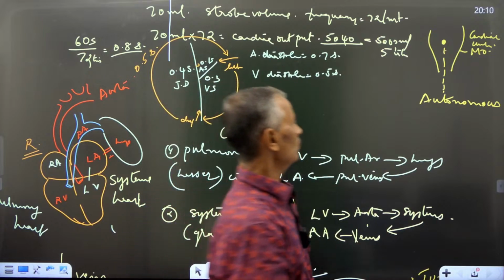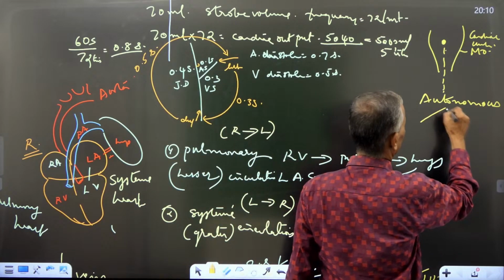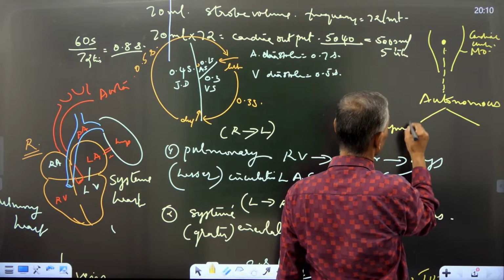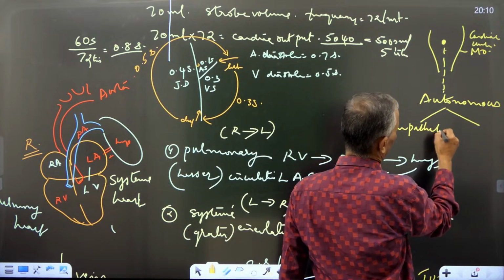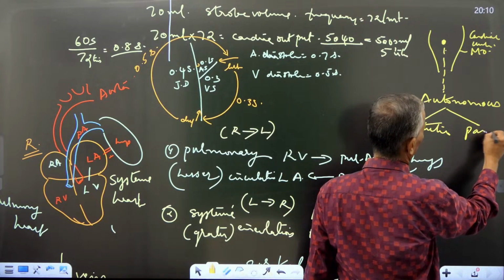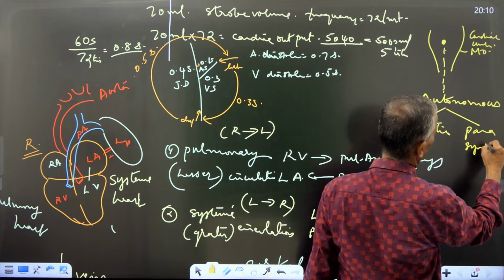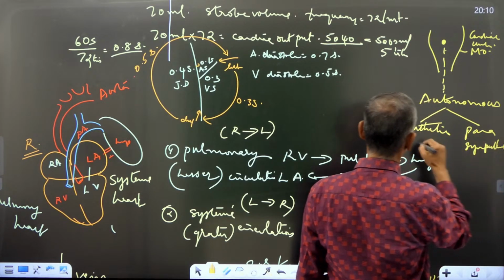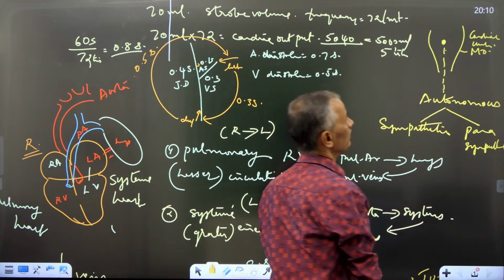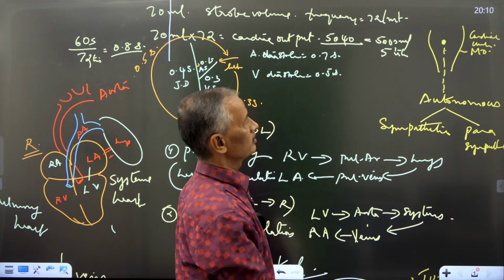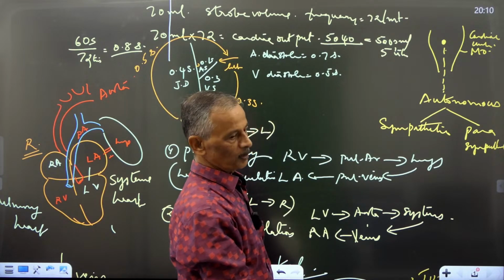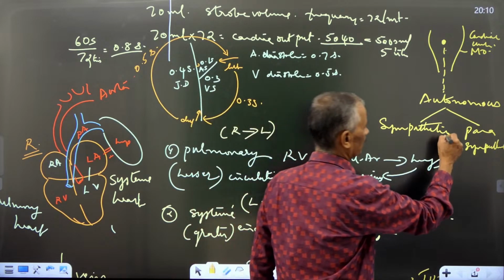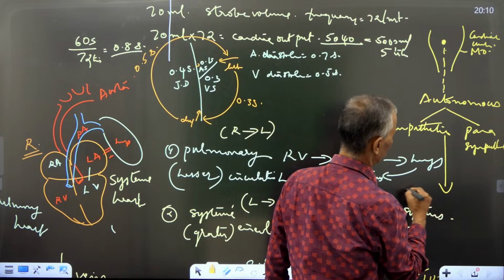It consists of two parts, sympathetic and parasympathetic. When the signal from this cardiac center is activating the sympathetic system, then it will increase